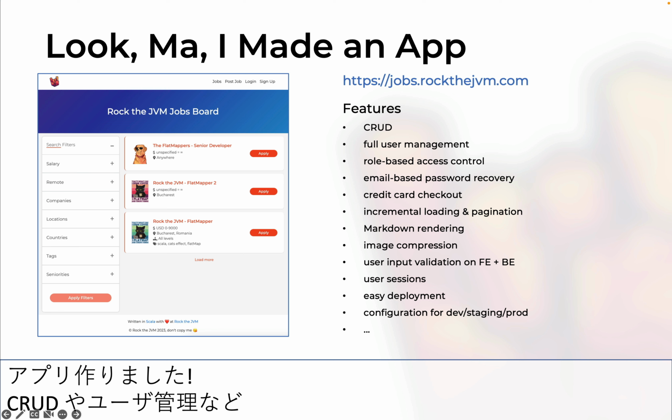We have email-based password recovery with recovery tokens with expiration date. We have real credit card checkout. We have incremental loading and pagination on the backend and on the front end. We have markdown rendering if you want to post a job offer with some complex descriptions there. We have image compression both on the front end and on the back end. We have user input validation on the front end and on the back end validated with the Cats functional programming library. We have user session management and all sorts of features that make this a full-blown product with a real